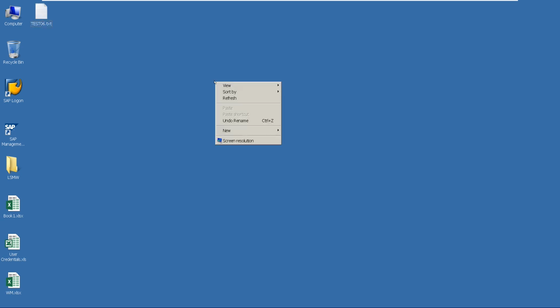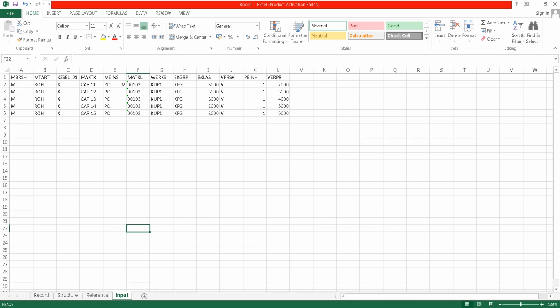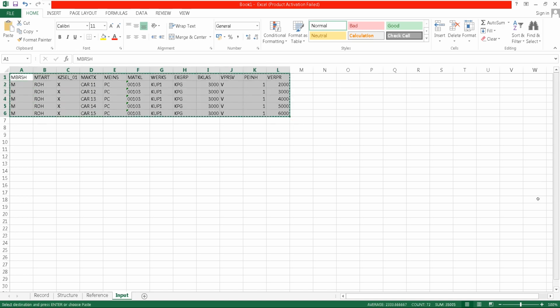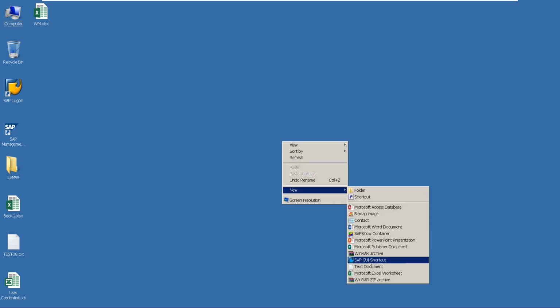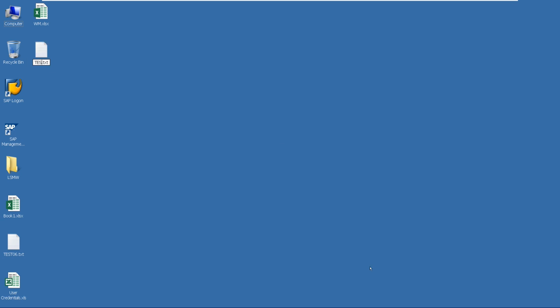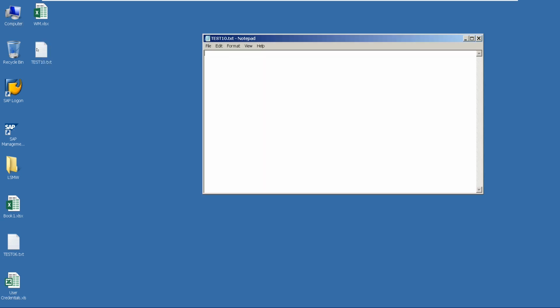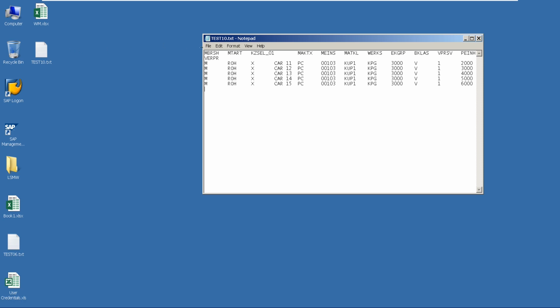The only thing required is to start from the specified files. There is no need to finish from the beginning. I will create this line item, a total of 5 entries. So I will select the line items, copy the line items, go to a new text file, test 10, I give the name, paste the data and save.